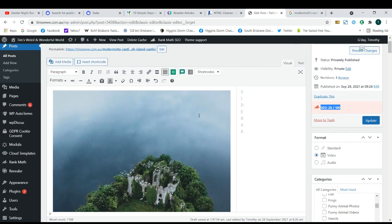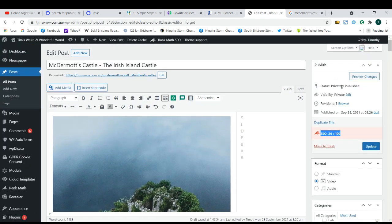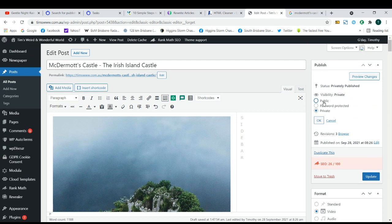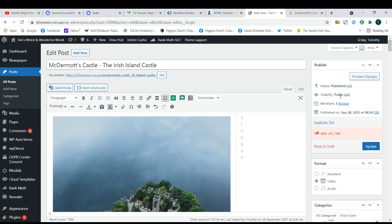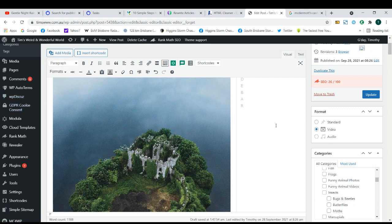The update button: when you first write a post, it'll have publish there, but after you've published it and you're editing it, or you've got it in draft mode, always click the update button every time you make changes. This particular theme, a lot of themes have got format, and I've got this in video format, and